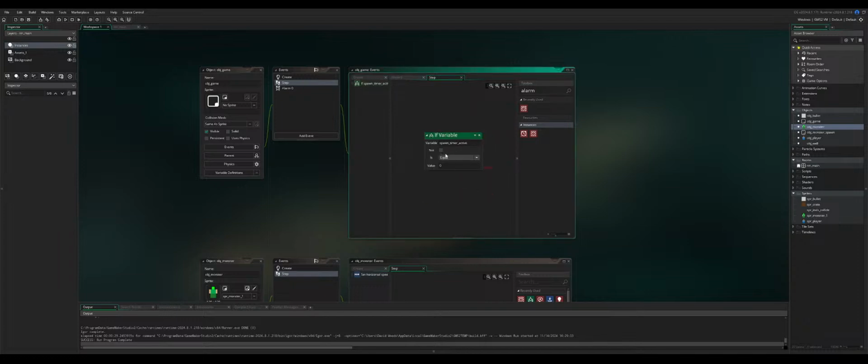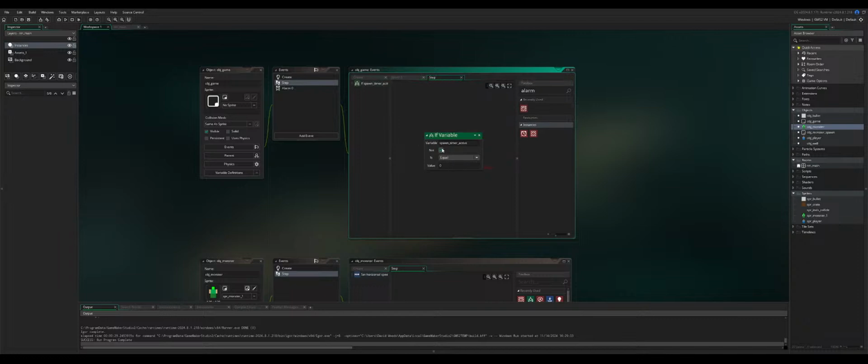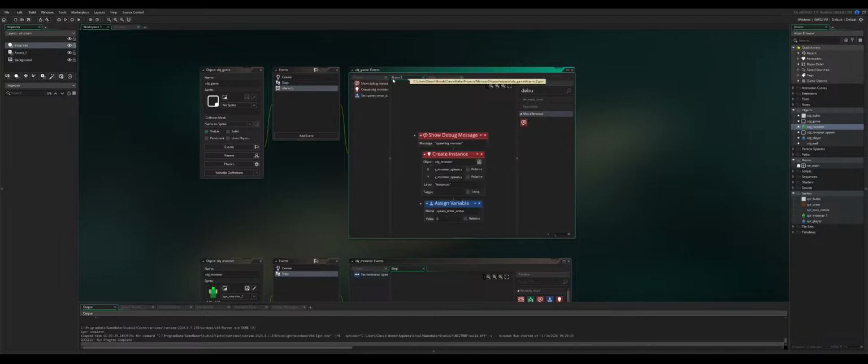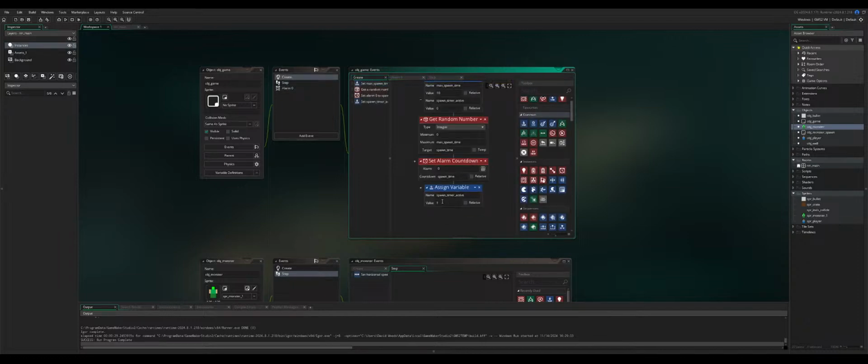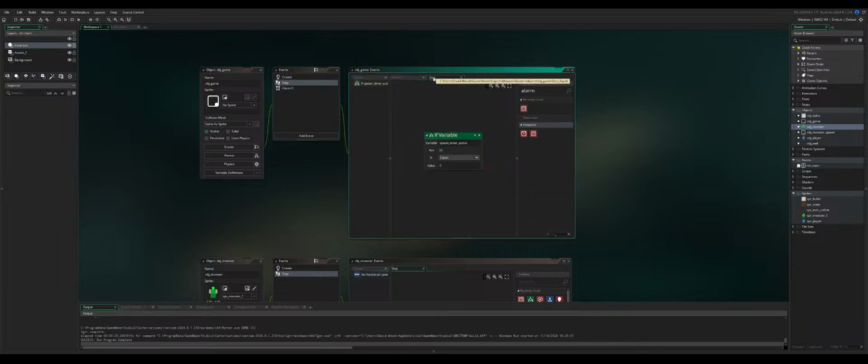If not, is spawn timer active equal to zero? Is not equal to 0. Right. It's gonna set it to 1. Then when it triggers, it's gonna set it to 0. So if it's equal to 0, then create a new, set alarm countdown for alarm 0 to